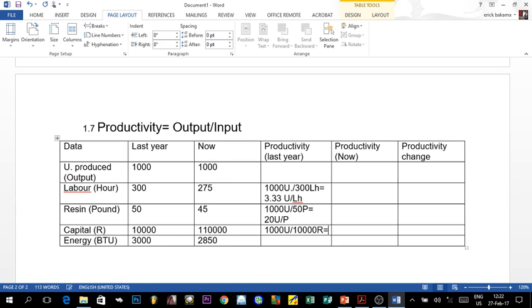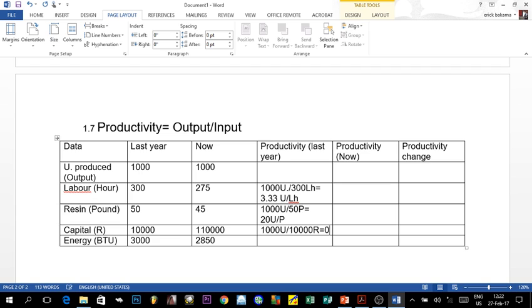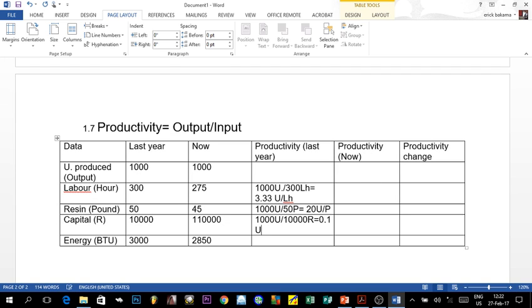So the productivity is equal to 0.1 unit per rand used. And finally for the energy, still 1000 units divided by 3000 BTU, which is equal to 0.3